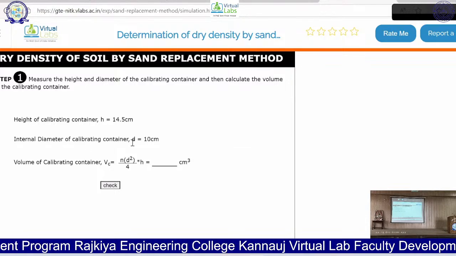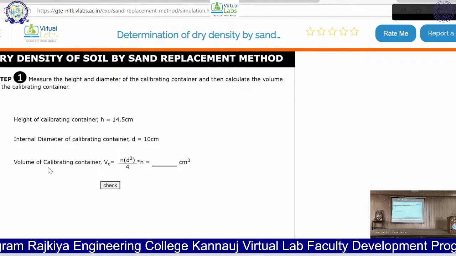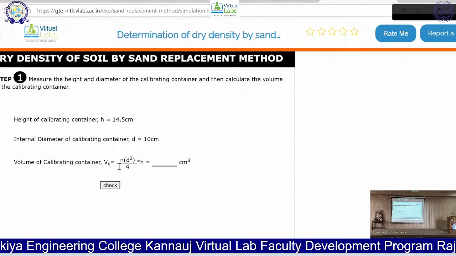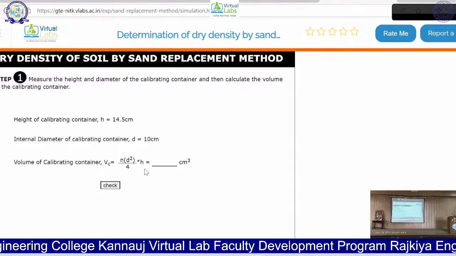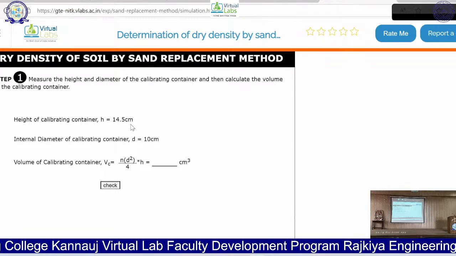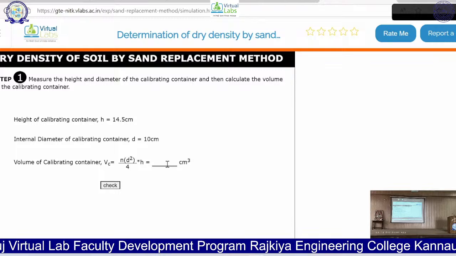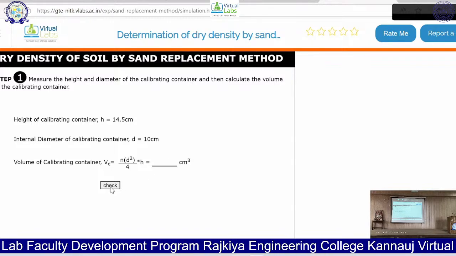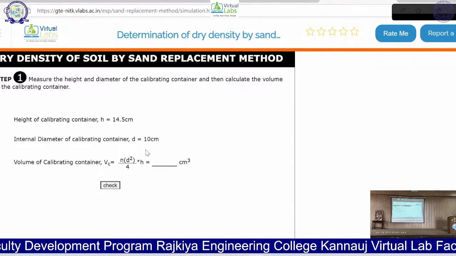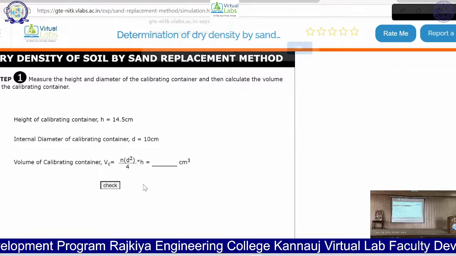Now the volume of the calibrating container, the formula is given to you. You can also calculate by putting the values in this formula, and after putting these values you can also check whether the reading that you have got is correct or not.